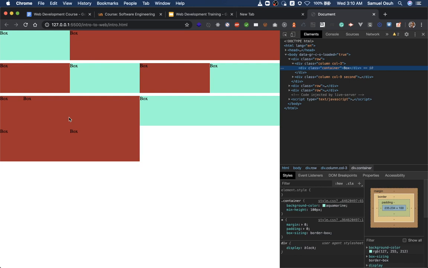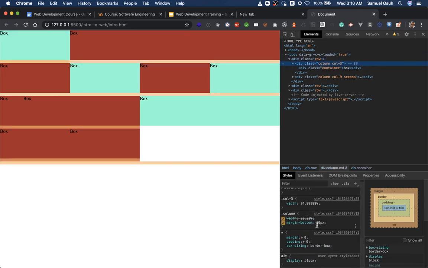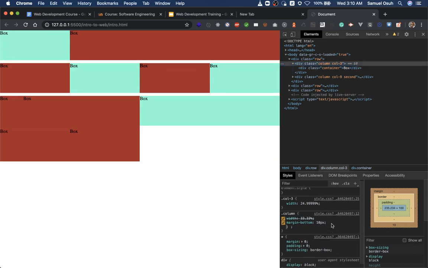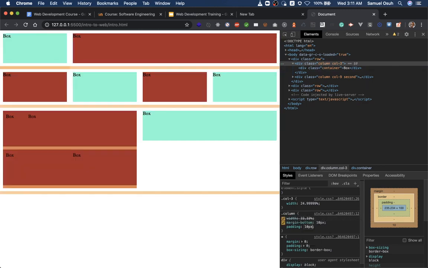But then we still don't have the space between them. How can we achieve that space? Now we will see that it's going to be easy for us to look at colons and say, okay, wherever we have colons, let's give them a padding, because padding produces space within. Okay, so being that the padding is going to be on the colon itself and not on the box that has background color, we can see that when we give a padding of 10 pixels, for instance,